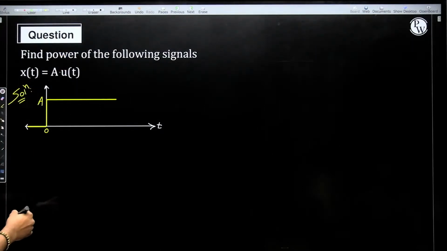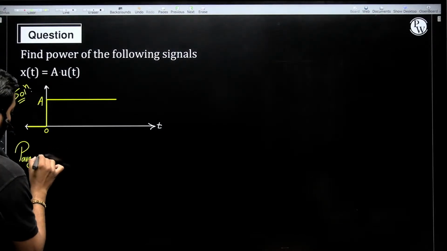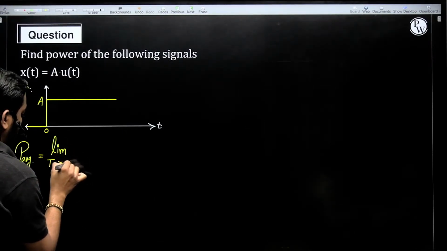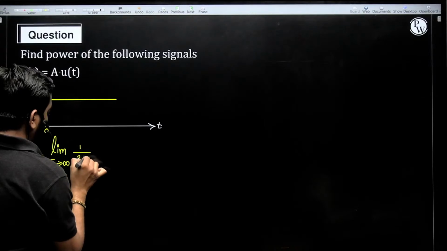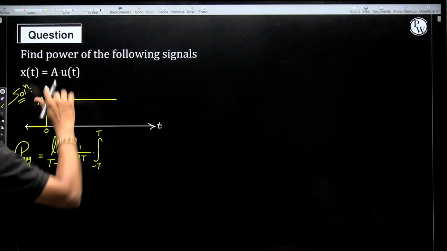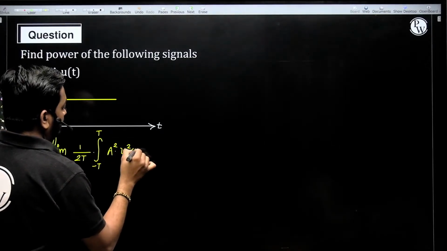Again, this is also an aperiodic signal. So the average power of an aperiodic signal is given by again limit T tends to infinity 1 by 2T integration from minus T to T. Now the square of this signal is nothing but A square into u square of t